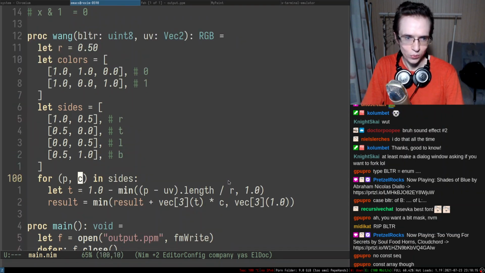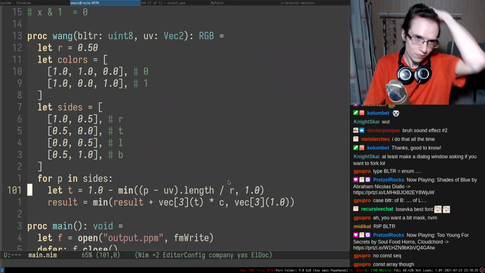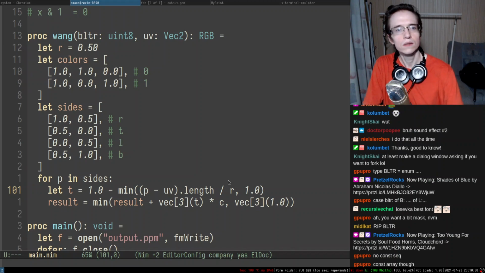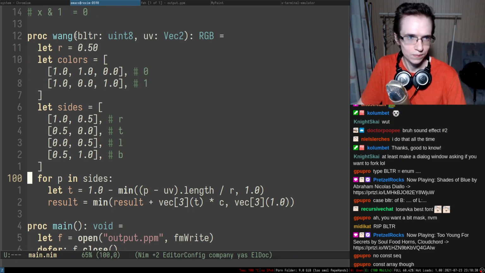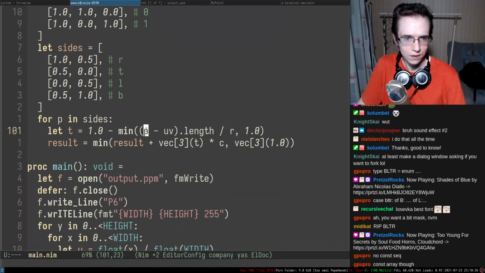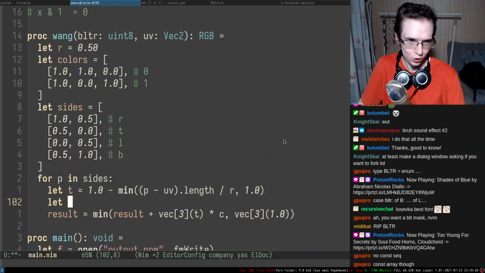After that, we are starting to iterate these sides, and that gives us the positions. Here is the position, so I calculate this thing, and now I need to grab the color. The color is colors, BLTR, and I want to do mod 1.